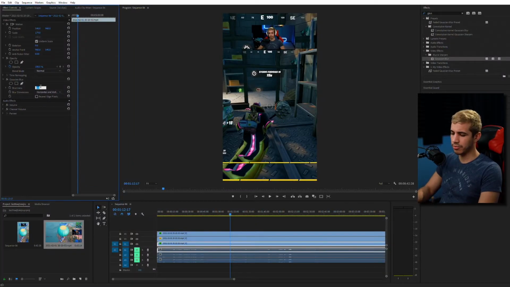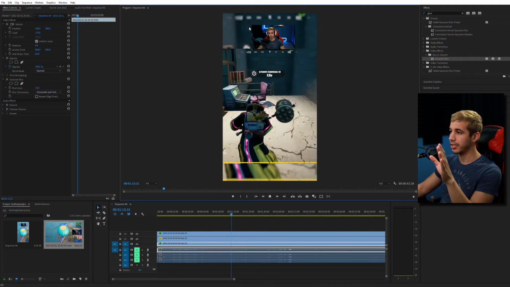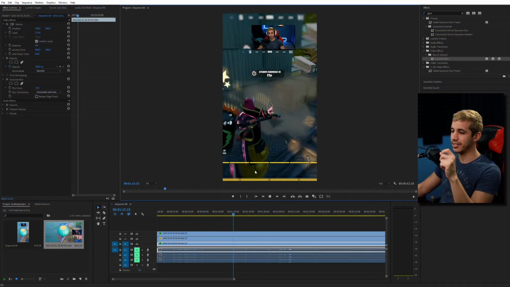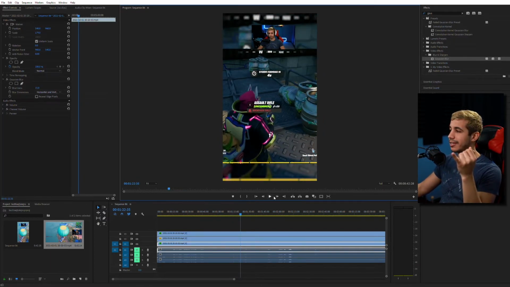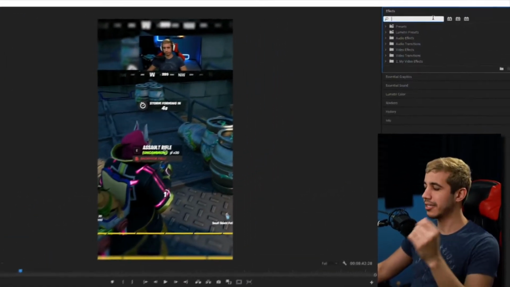Now for the blurriness, you want to set nothing too high. But I just like to set mine to 15, and that's the way it looks. So if I click play, it's already looking a lot nicer because now it's getting that little nice blurry effect in the background, right? The second effect we're going to apply is called Lumetri Color, which is basically just a